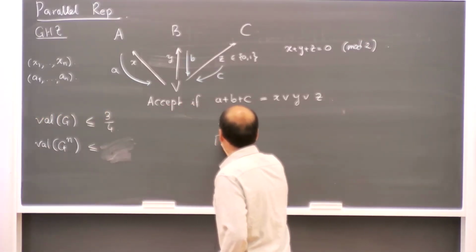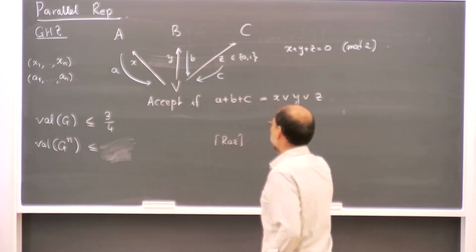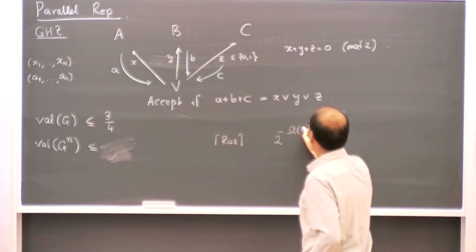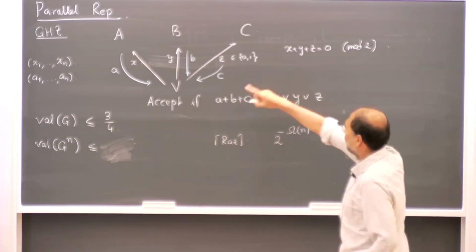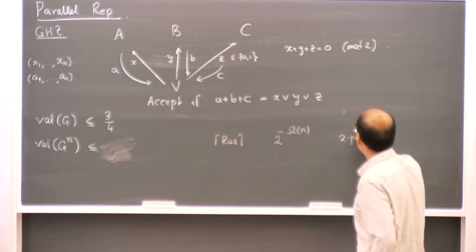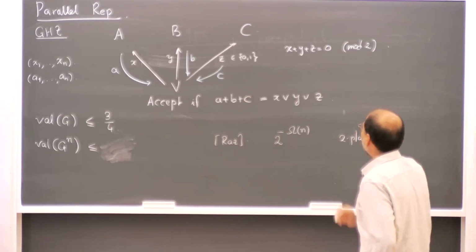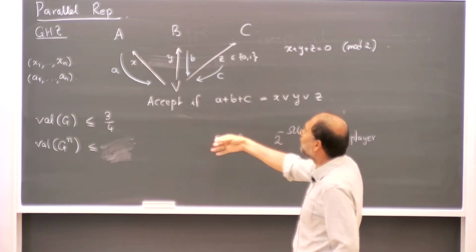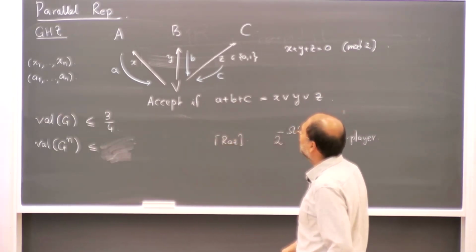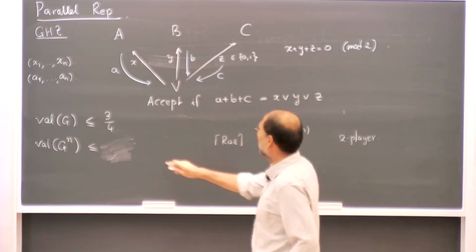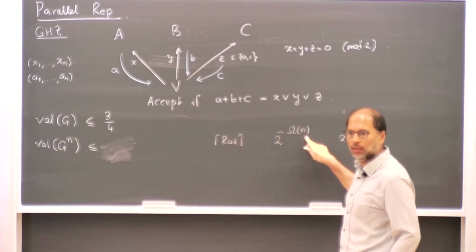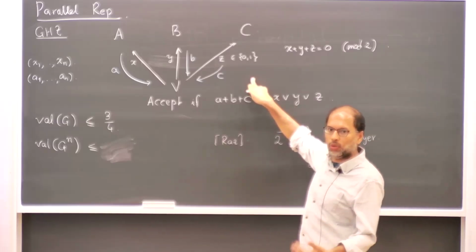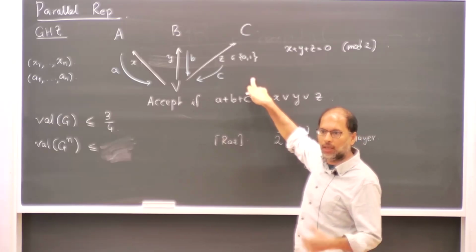For 2-prover games, Ran Raz in the mid-90s did show an exponential lower bound. So this is for the 2-player games. You could have the same kind of games for 3 players. On the other hand, for the 3-player games, it's still open to prove a bound which decays exponentially with n. And in fact, this particular game called the GHZ game was viewed as a hurdle towards making progress.